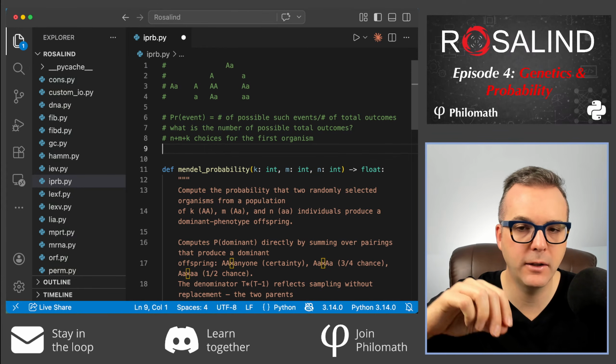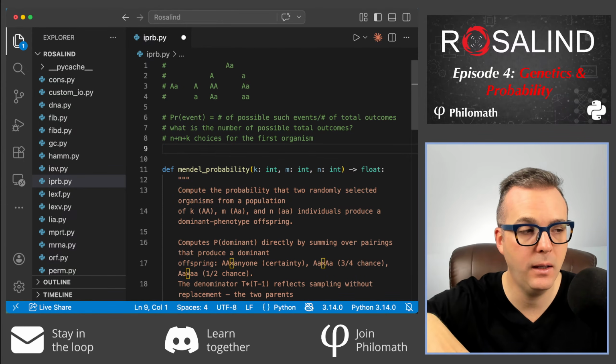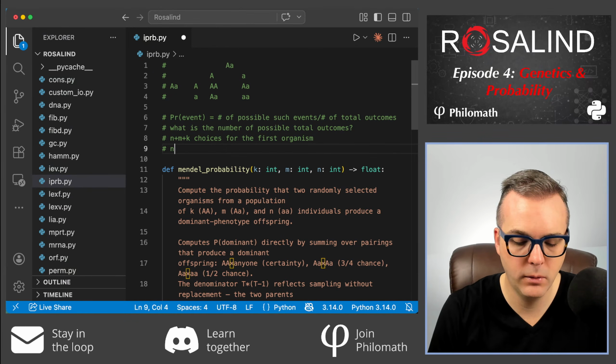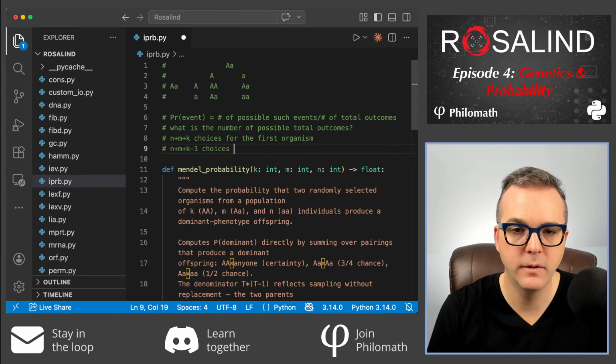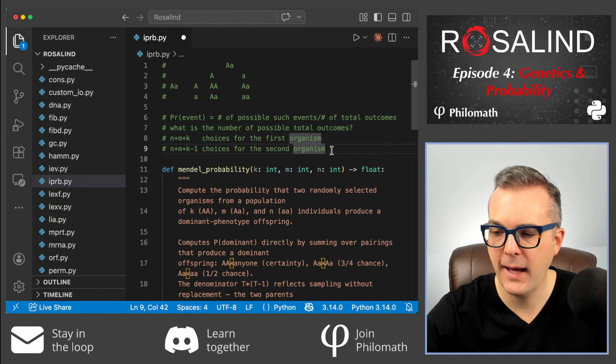And it's just like drawing balls out of our bag. So in that case, I was selecting the first ball. I was not replacing it. And then I was selecting a second one. So as a result, I have one fewer choice for the second organism. Okay. So at the end of the day,